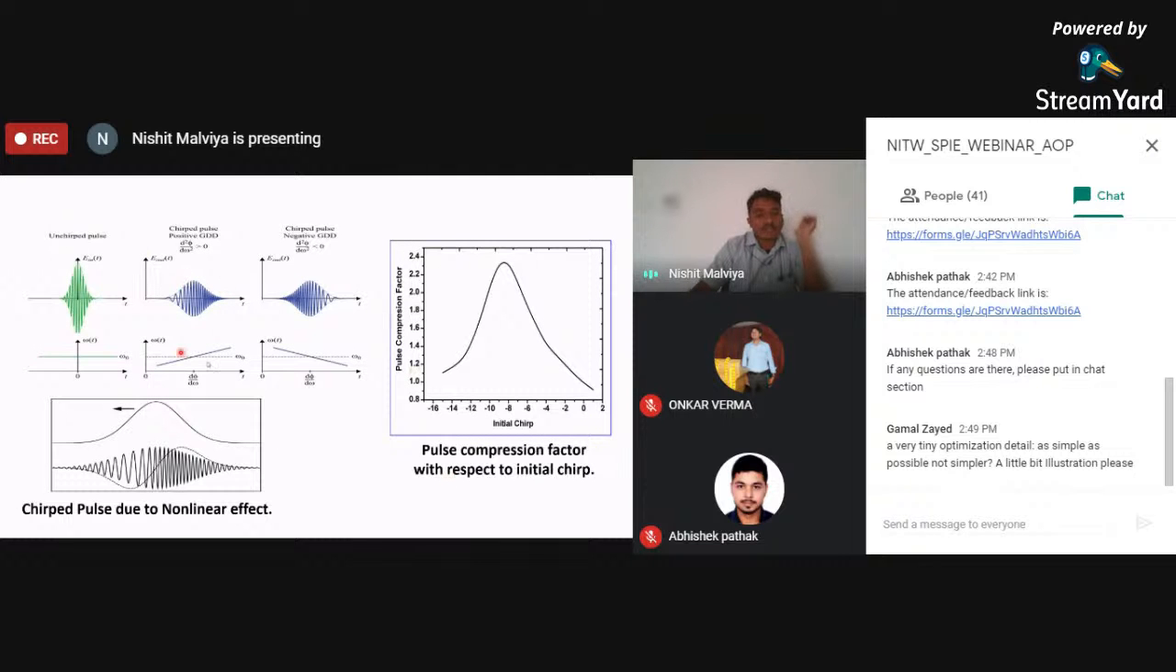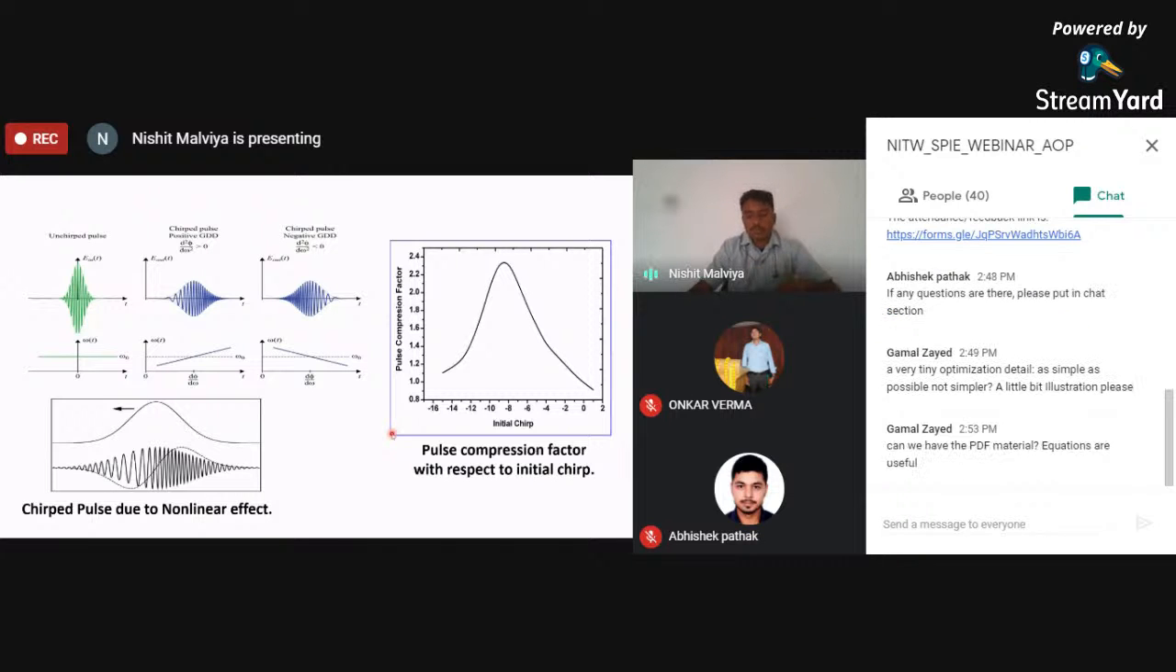So this is the diagram. This is the unchirped pulse, and then it is a chirped pulse with negative GVD. When they are combined together, we get a very good pulse compression factor. When we increase the initial chirp in the negative direction, we get pulse compression. So this is all I want to discuss here,